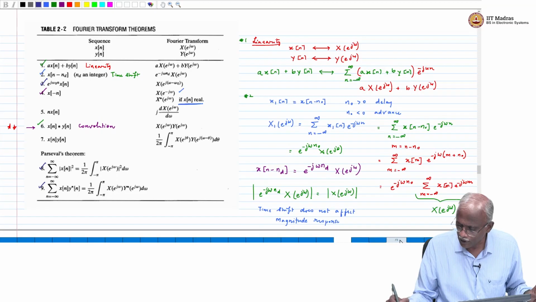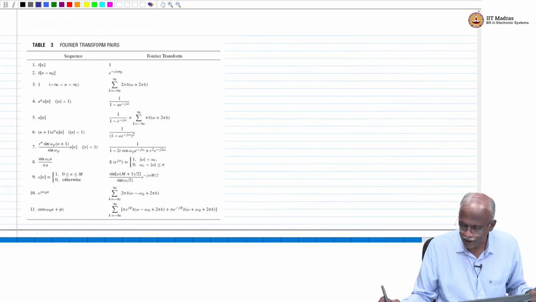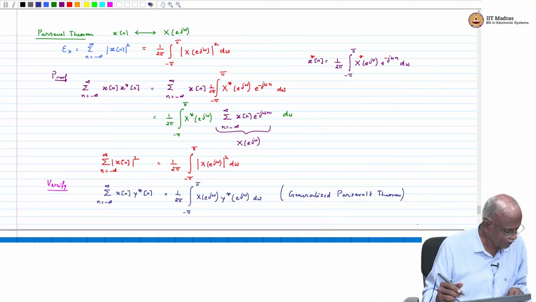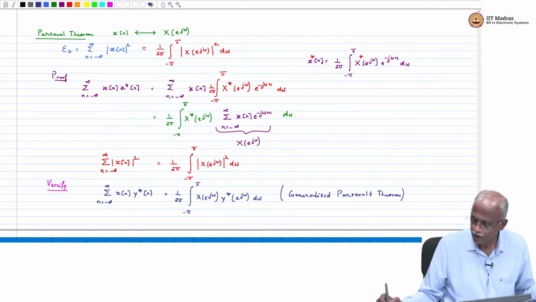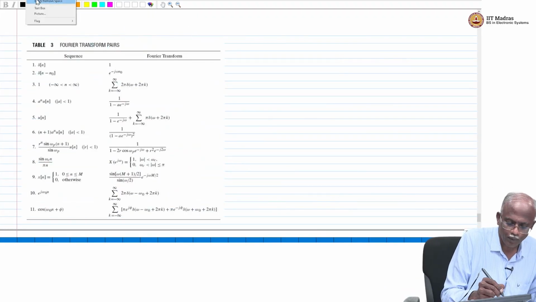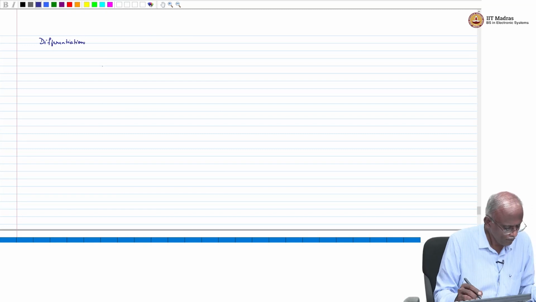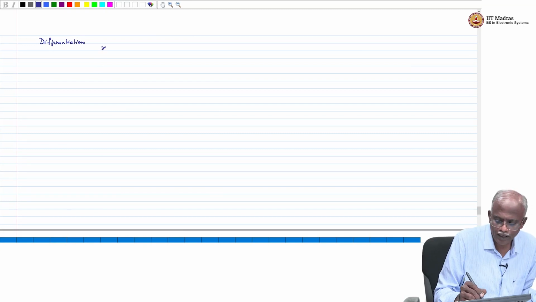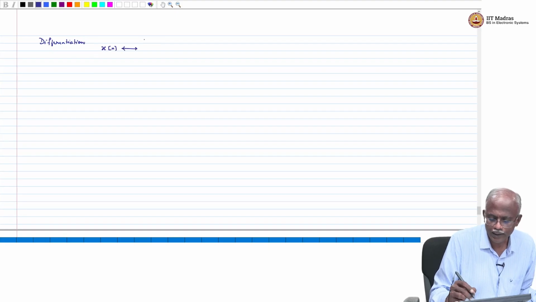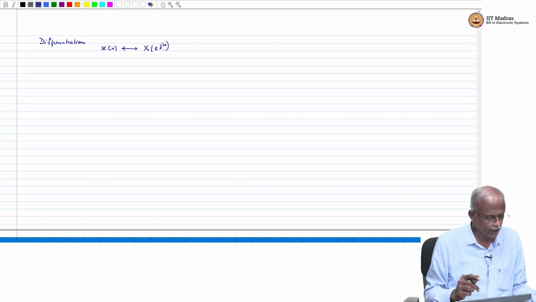So we will look at the property of differentiation. Okay, so here is the property of differentiation. The property of differentiation says that if I have a discrete time sequence x of n which has got a discrete time Fourier transform X e of j omega,